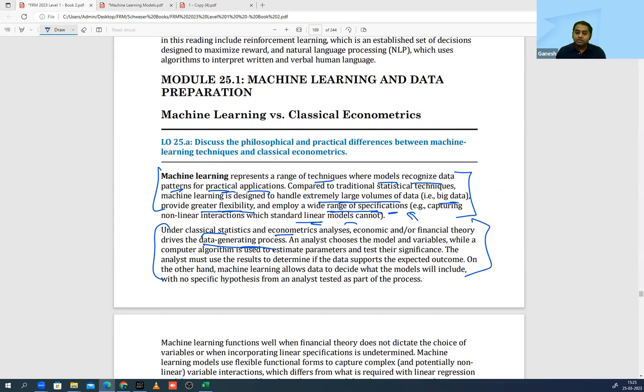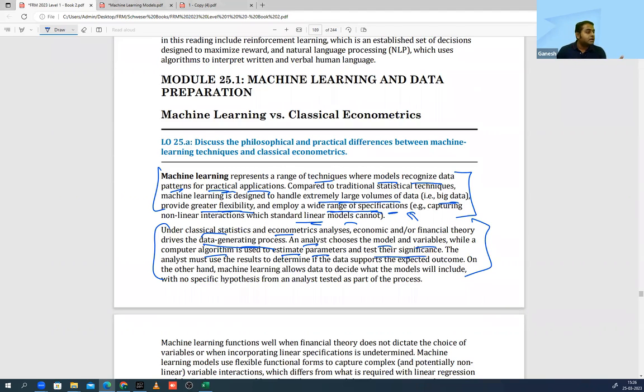So if you read the first two lines, what they're saying is, whenever you look at the traditional approach, there is some theory or some logic in your mind which is going to run, because you're running the model to test whether the theory is right or not. Barabar? For example, is ice cream sales dependent on temperature? I can go and test it. I can take the data and run a linear regression. So the analyst is going to choose the model, or any algorithm, and he will run some parameters and he will test the significance. I hope you're able to connect.